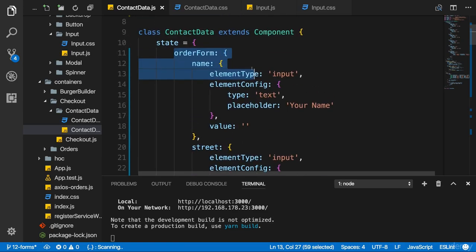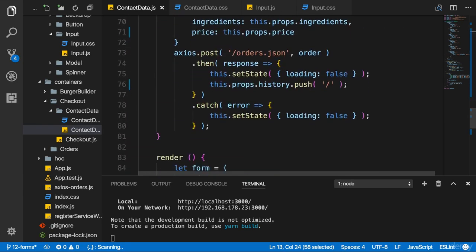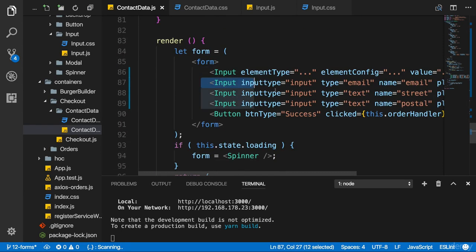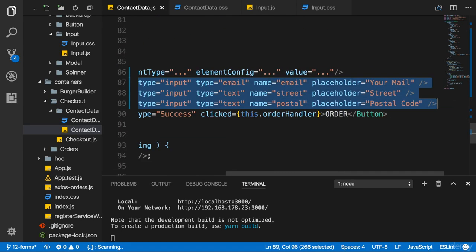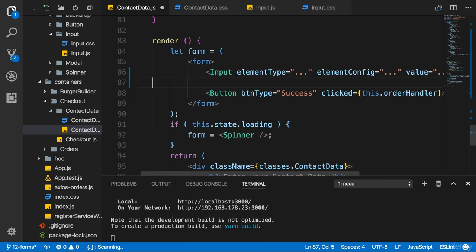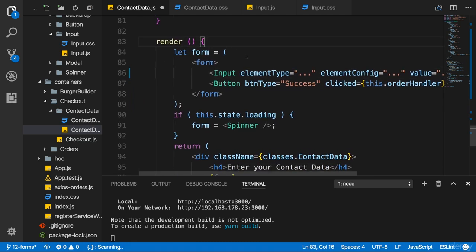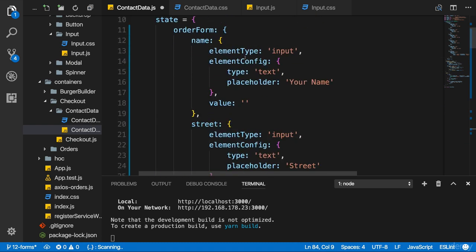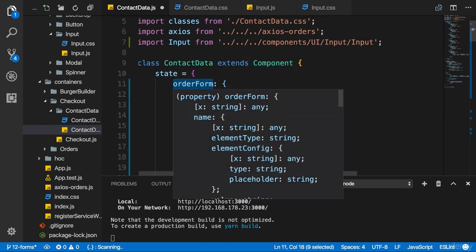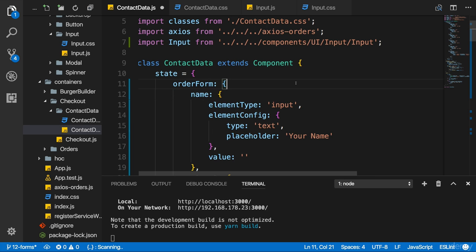So in the last lecture, we defined our JavaScript object, which should represent our form. Now I want to output that in my render method here. I want to create all these inputs dynamically. So I'll get rid of them in the render form here for now. And I now need to, first of all, turn my order form object here into some kind of array I